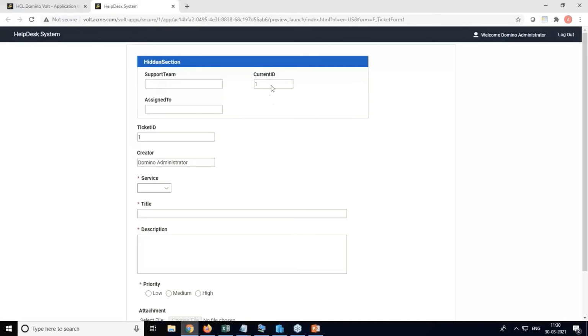Now we have to update this current ID number. We have to increment the number by 1 and then update it to the backend ticket ID config so that the next incoming ticket should take the new number. So you can try it yourself. I will explain what you have to do. You have to create another field, and then you have to increment this current ID by 1 and store it in the new field. For that, you can use the add formula. And once you have incremented the value by 1, you can update this new field into the backend ticket ID config using update service. So you can try it yourself.